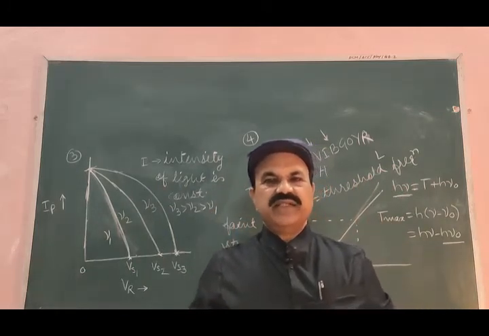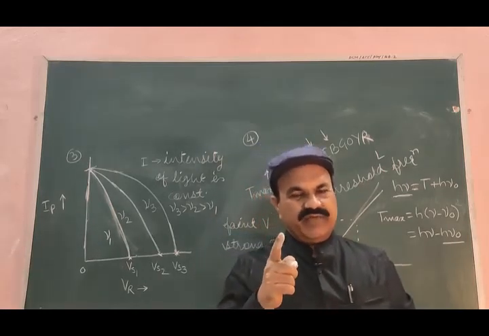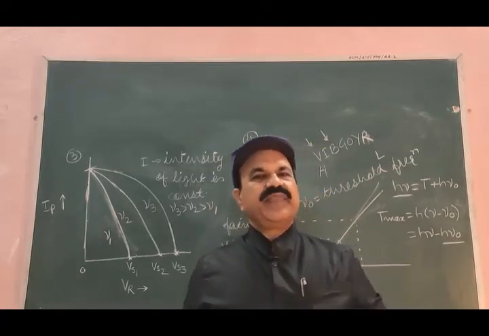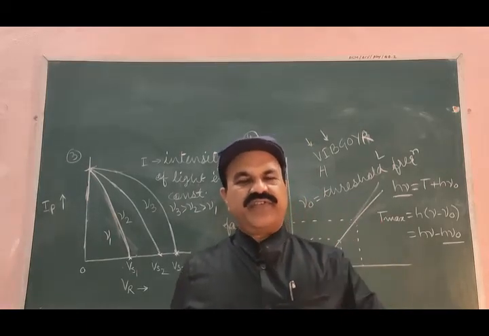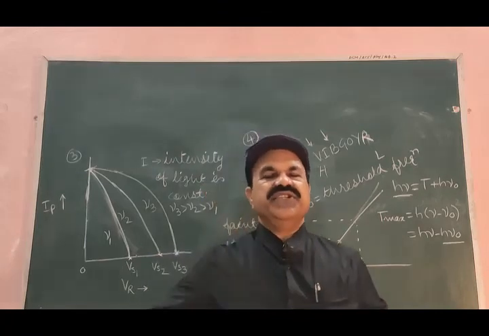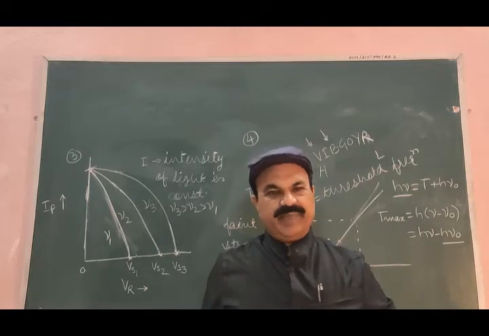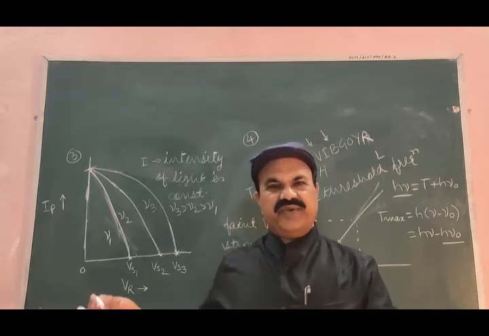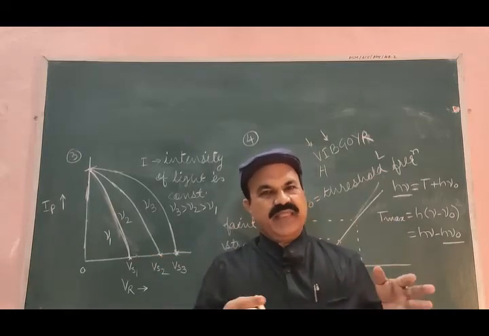Before that, we defined the photoelectric effect. What is the photoelectric effect? The emission of photoelectrons from the surface of a metal when high frequency light is incident on that metal surface. Keeping this in mind and using the circuit diagram in figure 1, we studied how